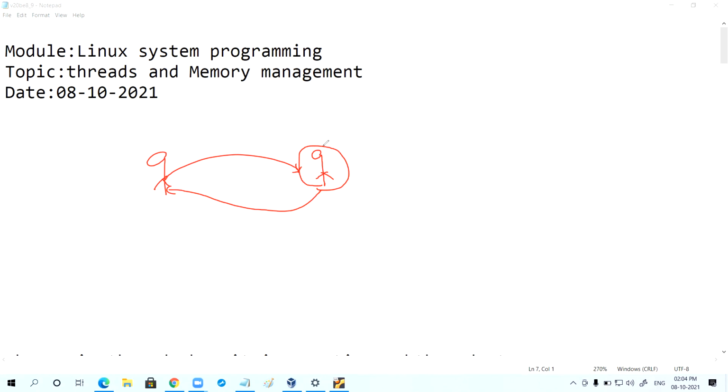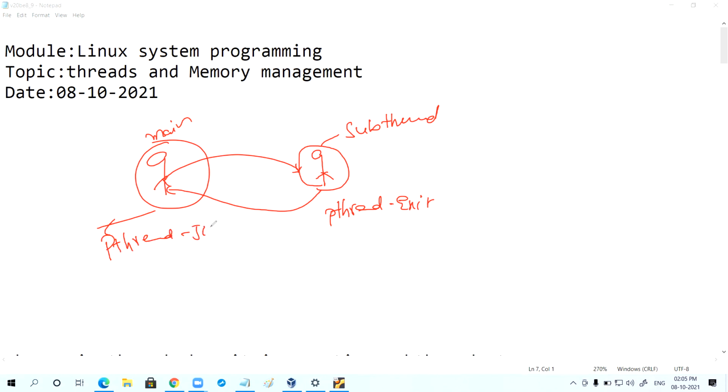How can the subthread send it? If the subthread wants to send some information at the time of exit, will you agree it needs to use pthread_exit? And in the main thread, through which function can I collect that information? Can I say pthread_join?